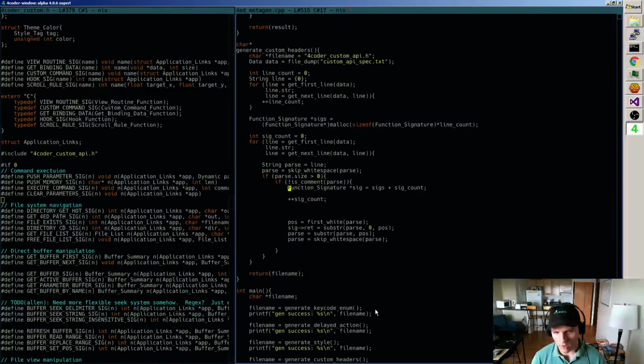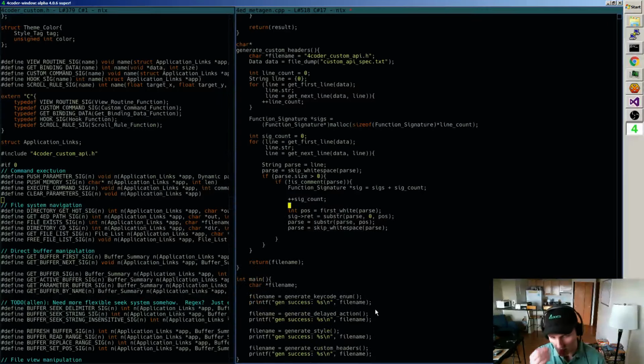which is I want to say if get name or get until white space into the sig return. Yeah, it's not going to turn out to be reusable at all. You know what? I'll just stick with what I've got here. Then we skip some white space,